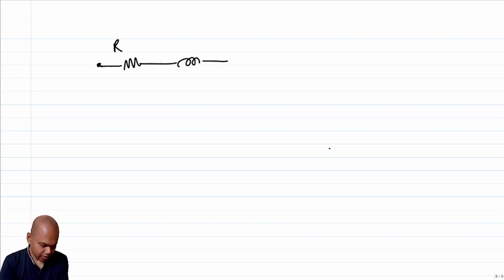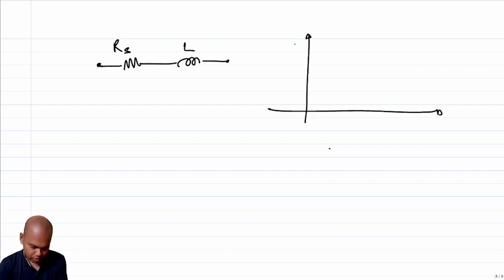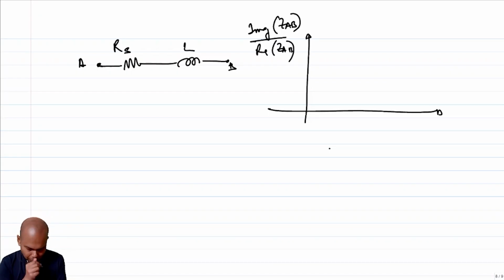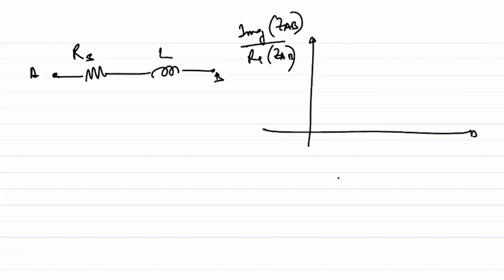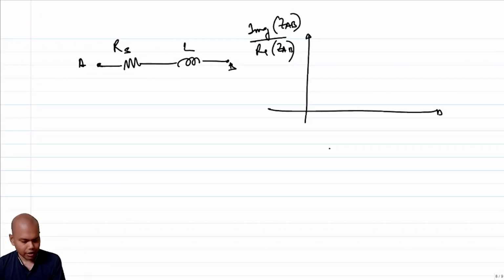If I plot the imaginary part of ZAB by the real part of ZAB, what am I going to get? At very low frequencies, the real part of ZAB is basically RS, and the imaginary part is omega L. So at very low frequencies, I am going to see